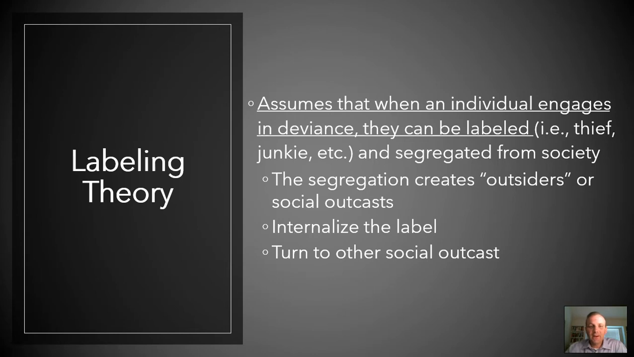So labeling theory, in a nutshell, assumes that when an individual engages in deviance, they can be labeled. So if a child or youth or adolescent gets involved in some delinquent activities, say stealing something out of the store, stealing candy, maybe they tried marijuana or something like that, then once society recognizes that this individual is engaged in that deviant or delinquent activity, a label can be applied to that individual, right? And once that individual knows, like, hey, these people think I'm a junkie, right? Or they think I'm a thief. Well,